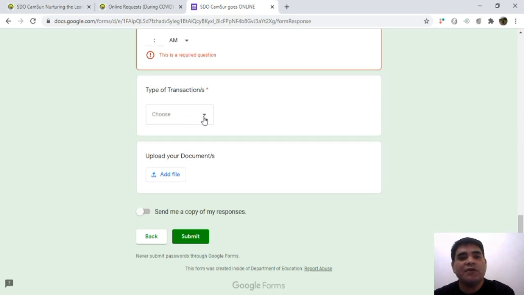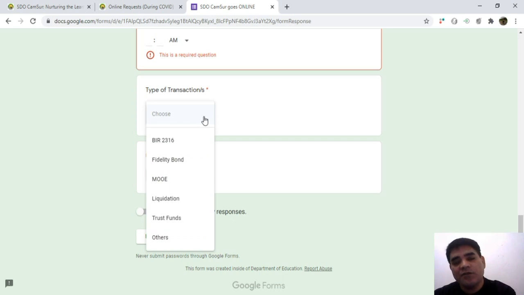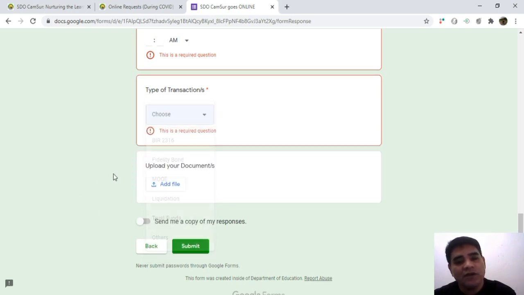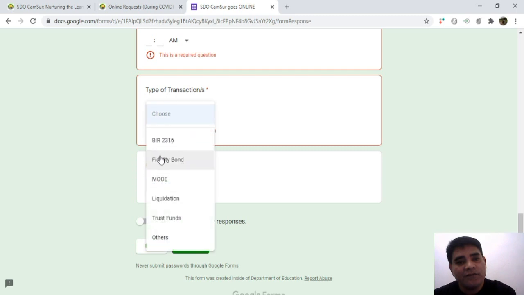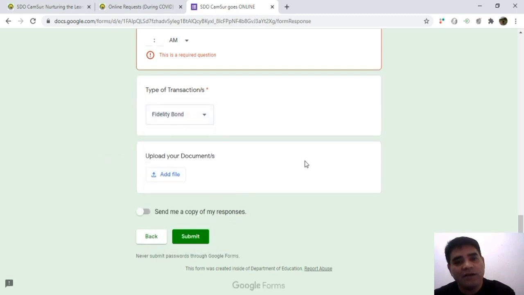And then another one is the type of transaction. So you'll have to place here ano ba yung possible transactions that you intend to do when you are in the office. So for example, in accounting, marami po silang transactions doon or services that you may select, right? Like for example, if you want to transact with regards to BIR, Fidelity Bond, MOE, and so on and so forth. So we'll only select one, and then say for example you select Fidelity Bond, then after that the last information that you need to accomplish